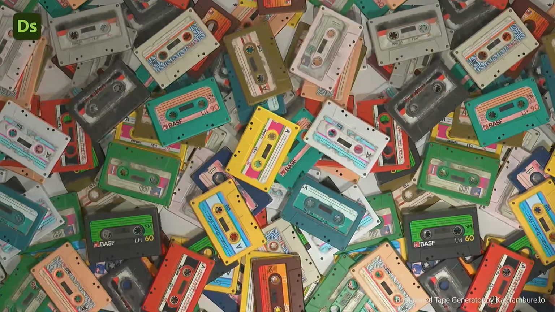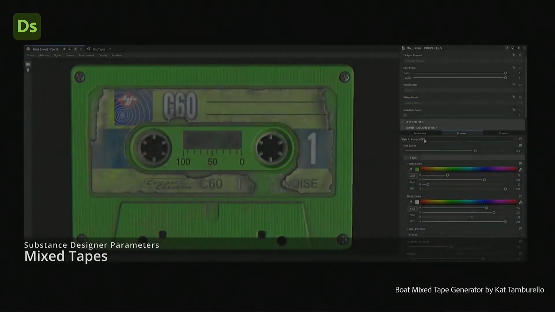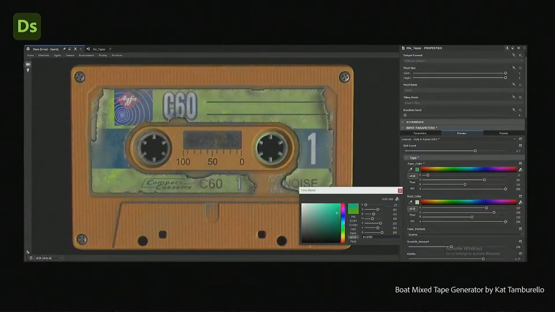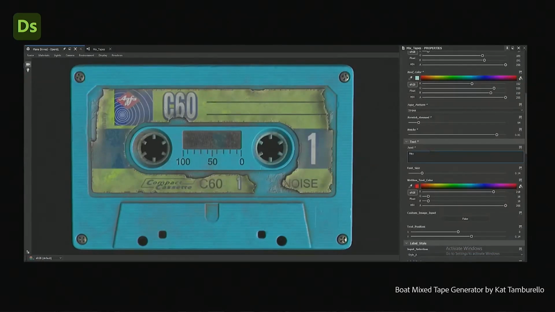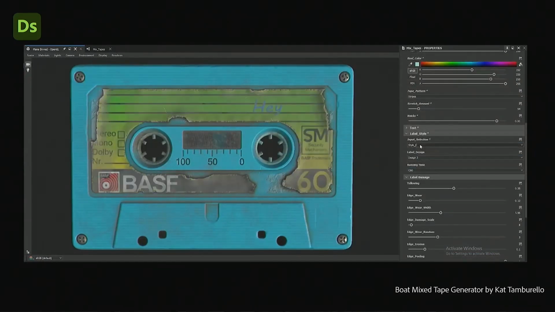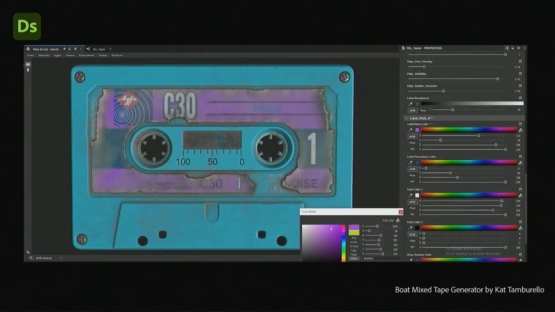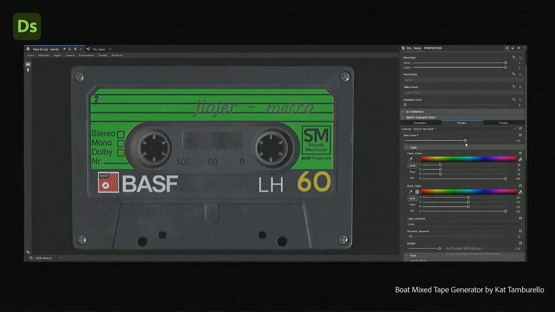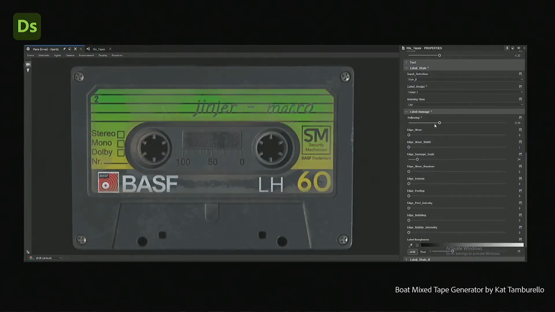This actually is amazing in many ways. First, it brings back memories, and also there's no geometry there, right? It's a purely parametric texture, and there is a little video that shows that a little bit. So in Substance Designer, you can create all these variations of the cassette and the tape, and create all these nice visuals, and it's all parametric, and it's all generated by the Substance engine.